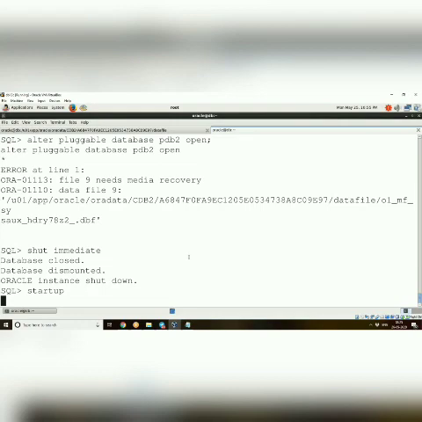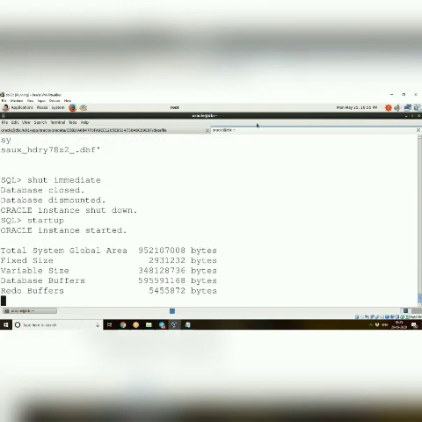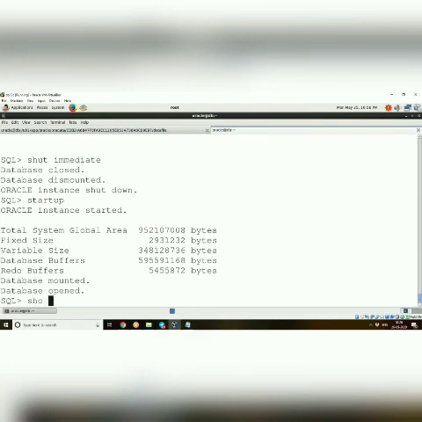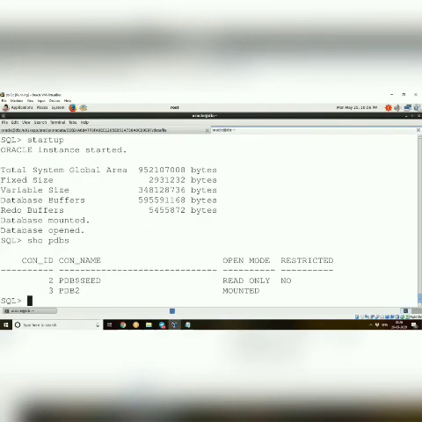For the whole pluggable database, we have to restore the whole pluggable database instead of going through a particular data file, because this user's data file has one particular SCN and the other data files, that is sysaux and system and all, will have some other SCN. So they want to synchronize all the SCNs. That's why it's asking so. Fine. So we'll try to open it. We have to go for recovering that particular data file. Fine.